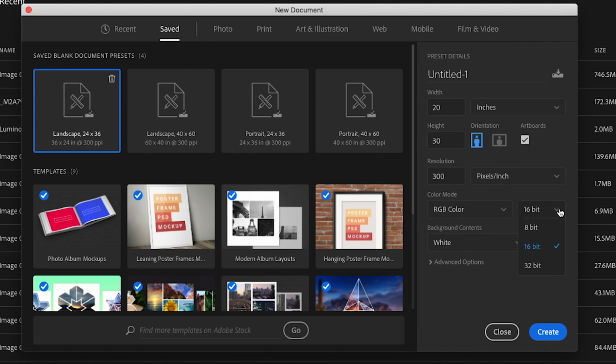I don't really give a label for this, but once you become comfortable with photo editing, you will begin to understand what bit depth is. Bit depth owes its naming standard here, 8-bit, 16-bit, or 32-bit, to the number of bits that make up a byte in terms of storage for information for pixels in this image. So if we say, oh, we have an 8-bit bit depth, that means that we have 8 bits assigned to storing red color, 8 bits assigned to storing green color, and 8 bits assigned to storing blue color for each